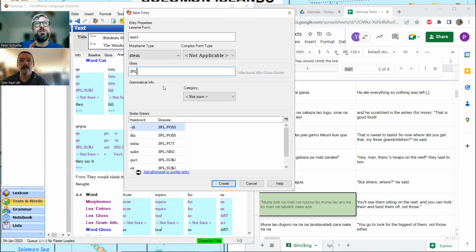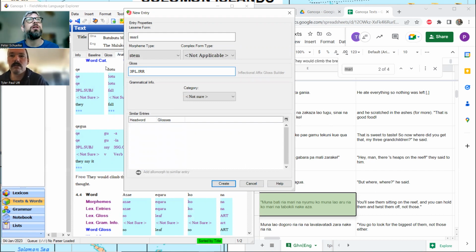Yeah. Although I do think, because we've already got subject for SUBJ, so I'm going to use IRR for irrealis. Sounds good. I actually think that the irrealis part is at the beginning, not the end, but I'm doing it this way anyway so that it matches all our other 3PL glosses. Yeah. But if I had to break it down with my word sword, I would probably say the ari part carries the whole 3PL meaning, and that M probably comes from Ma, and that the two vowels collapsed. Just a guess. Excellent stuff.